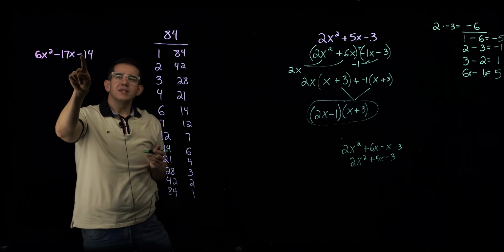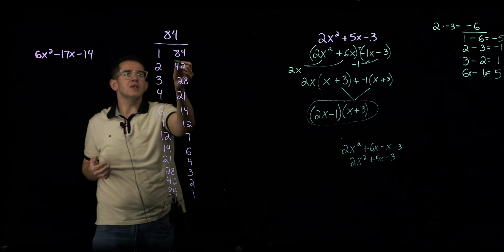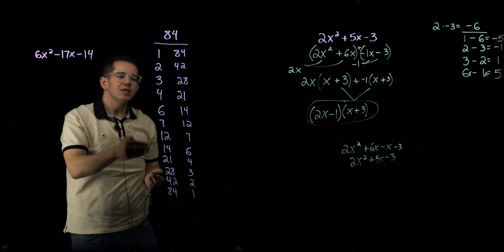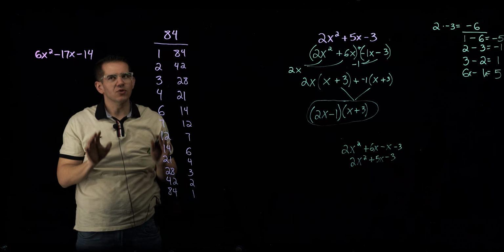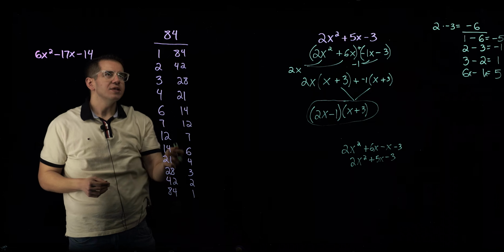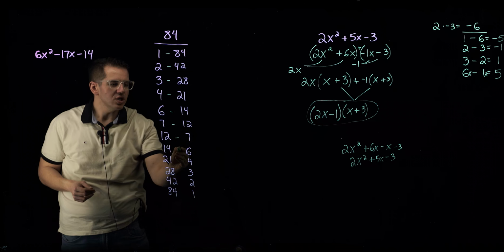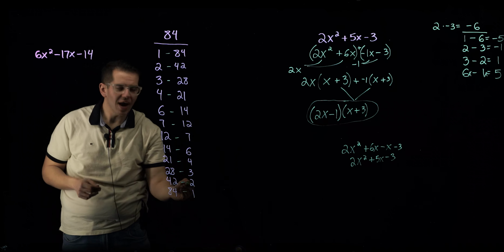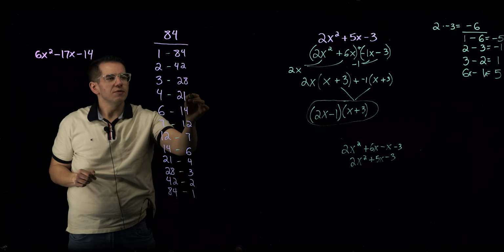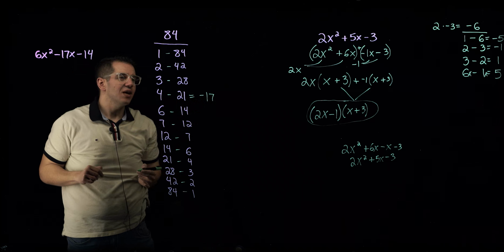And because it's negative, again, that means we are going to subtract all of these combinations. These are all of the pairs of multiples that will give us 84. It may take a little bit of time to write them out, but it's a great idea to do it so that you don't make any mental math errors along the way. When we write all of these out and we begin subtracting each pair, we just need to find one pair that will subtract to give us that -17. And if you go through it, you will find that 4 minus 21 gives us that -17 that we need,